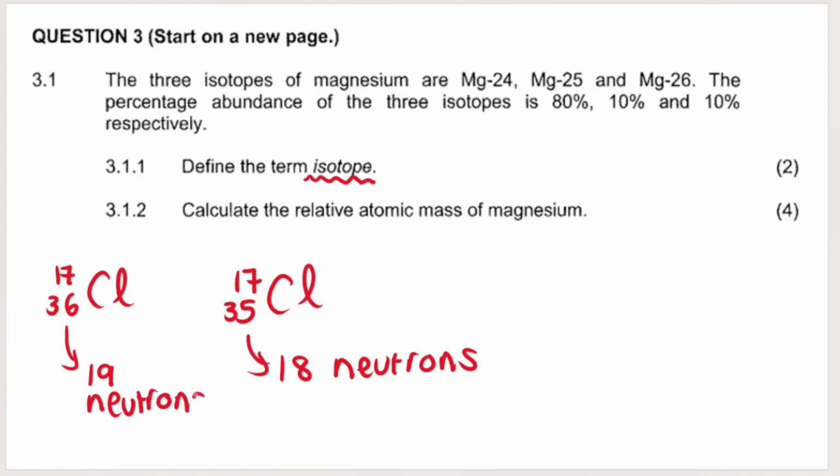So basically they are different atoms of the same element. So this represents one atom. In this atom, there's 17 protons and 18 neutrons. In this atom, there's 17 protons but 19 neutrons. So different atoms of the same element. They both belong to chlorine. They have the same atomic number or the same number of protons, but a different atomic mass number or different number of neutrons. So I'm going to paste the definition for you on the screen so that you can study